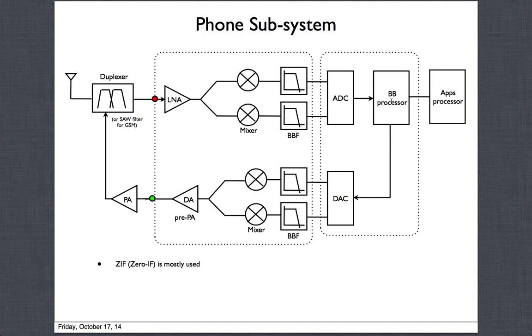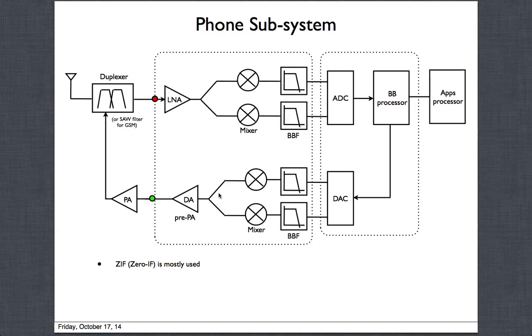Transmit is just the reverse. The baseband processor will issue the digital bit streams that it wants to transmit to a DAC. The DAC will convert it into analog signals, which will then go through a similar reverse chain. You want to do the filtering to filter out any aliasing and noise effects from the DAC. Then you have the mixer, where you will actually upconvert the signal. Again, we have I and Q channels, and this will have a quadrature LO.